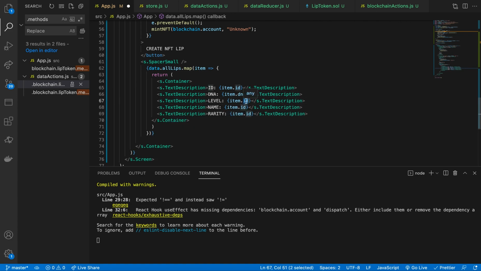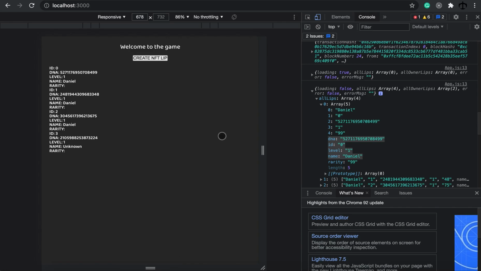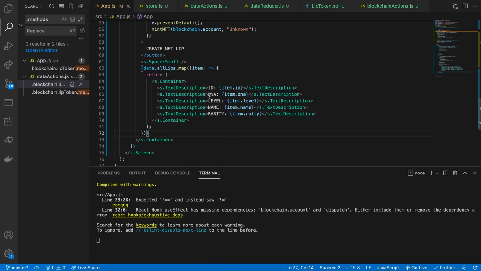So we can say we have a level, and then we also have the name, and we have the rarity. Perfect. So now we're mapping through all these items, and I don't know how it's going to look, but there it is. We get all these different NFTs, which are now level 1s, and we get the IDs. It's a bit difficult to see, so what we can do is maybe